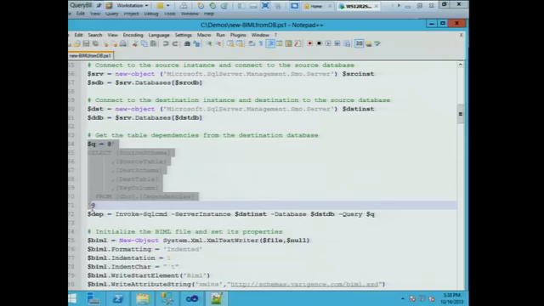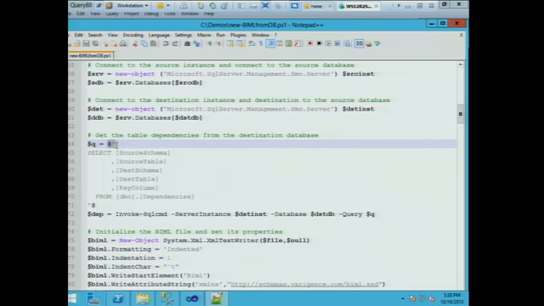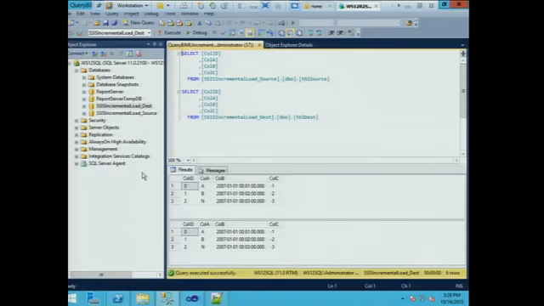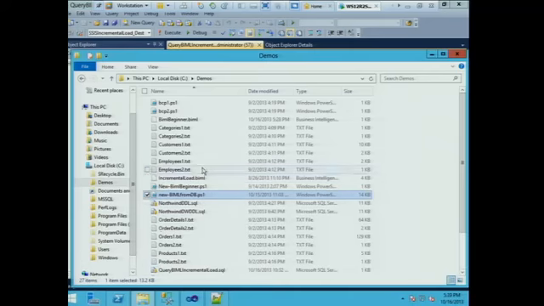This construct, starting with the at and the quote, ending with the quote and at, in PowerShell is called a here-string. And inside that here-string, I've simply put in my T-SQL for getting the information out of my dependencies table. If I go back to, sorry, again, you'll have all of these scripts. So if I go,